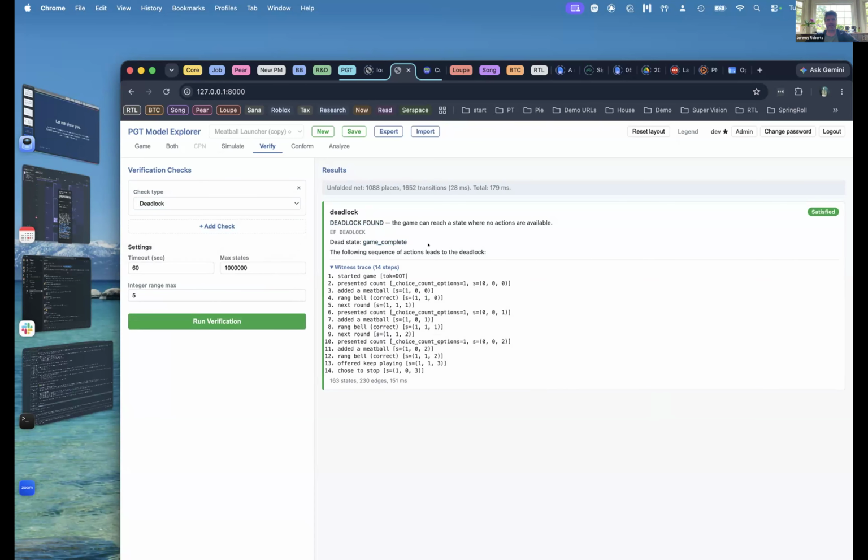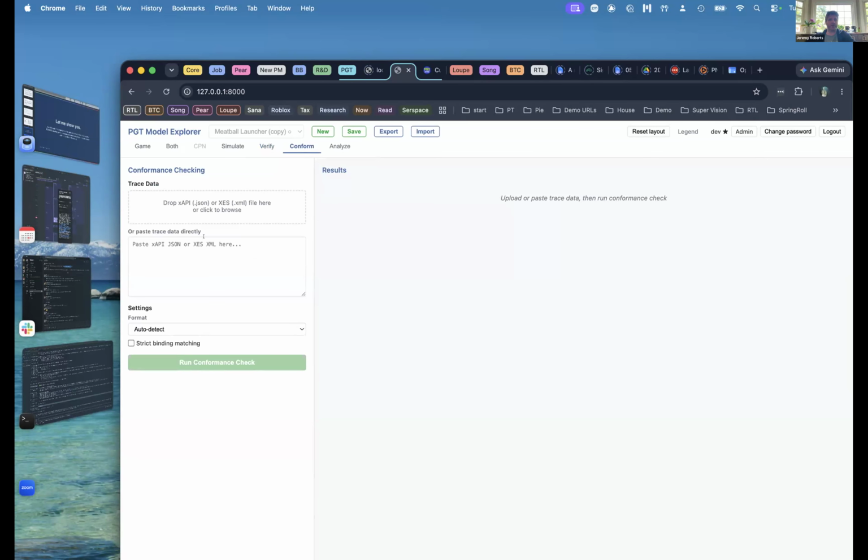This trace got to the final game complete state and correctly found that as a deadlock. If I was someone trying to design the interaction space, I would now know there's only one in that graph, and that traversal will only ever deadlock at the game complete, which is good. That's what I would want.